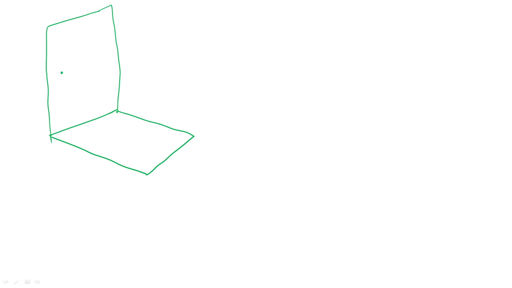Now this is the locus of A dash. So you're going to get one line here. Based on the rotation as well as the front view, you're going to get the locus of B here. Now this is B dash, this is B1 dash.